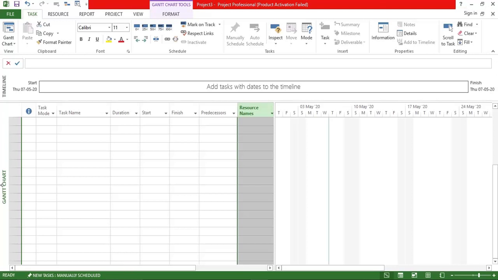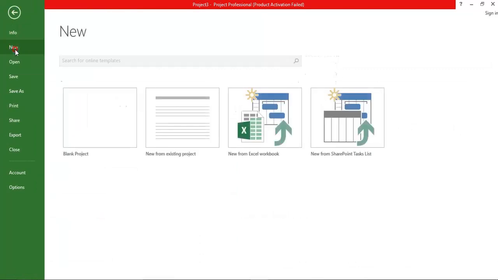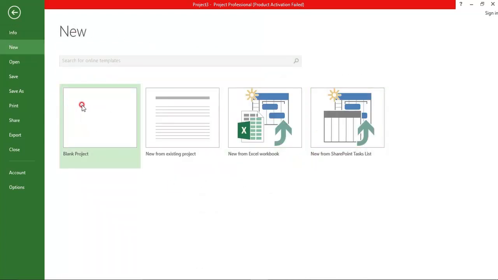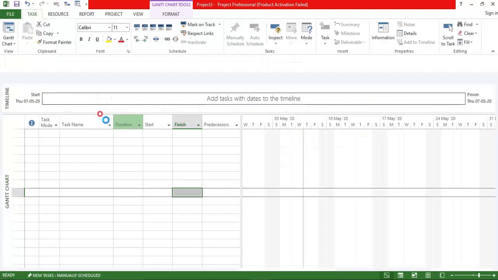So first, when you open this, either you'll get the blank sheet, or if you get any previously loaded project, you can just come here and say new. Or if you want to continue the old project, you can say open, and just open any of the projects that you have previously saved and stopped, or else you can open the blank project. New from existing project means, if you want to continue the activities for a new project, the same activities of the previous project can be retained for the new project, and some modifications can be done. But here we'll be starting with our blank project.